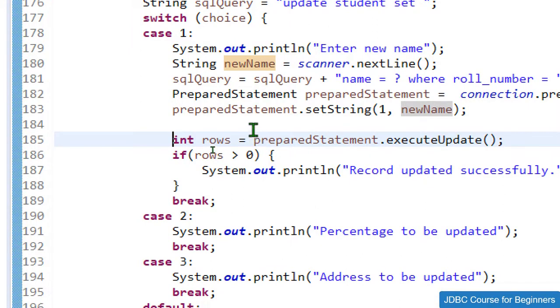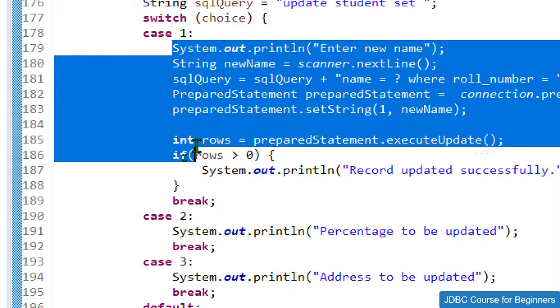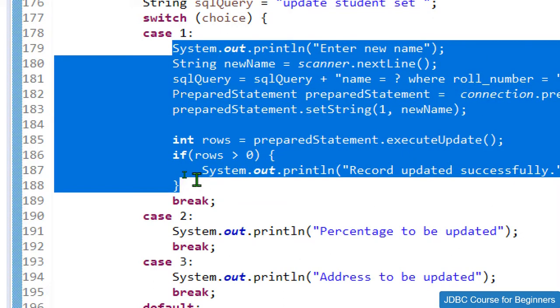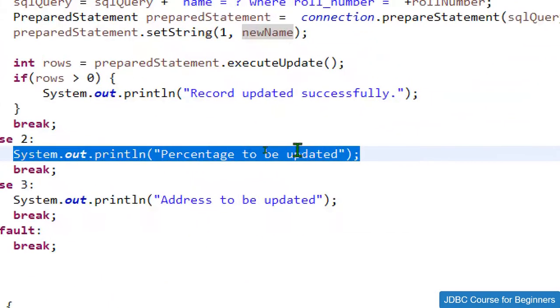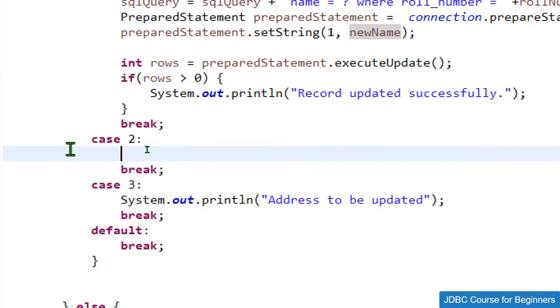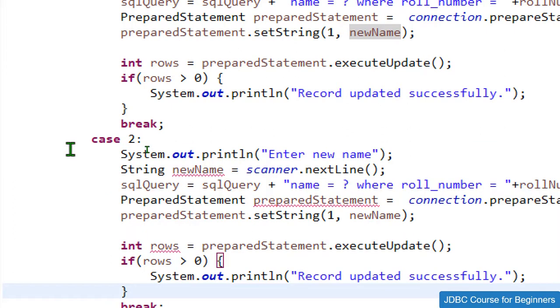If you know all the basics, then definitely you can reuse the code, because code reusability is the most important part of coding and programming. But I'm just copying this code and pasting it over here for the percentage operation as well. So let me remove this dummy line, let me paste it over here,